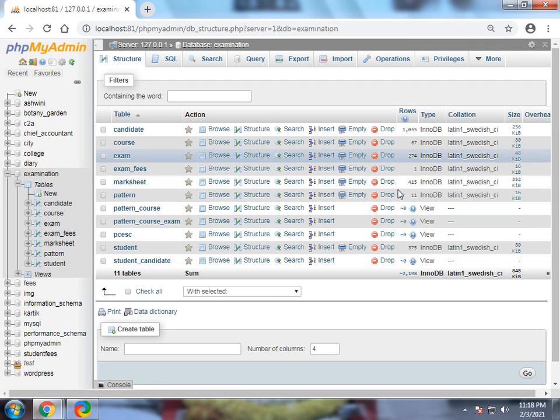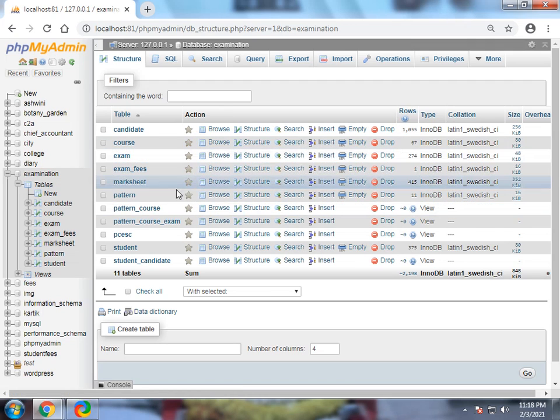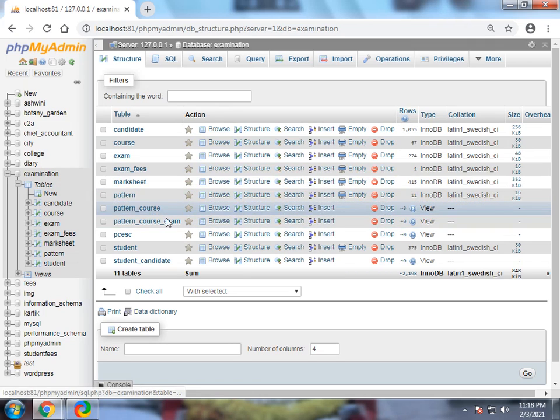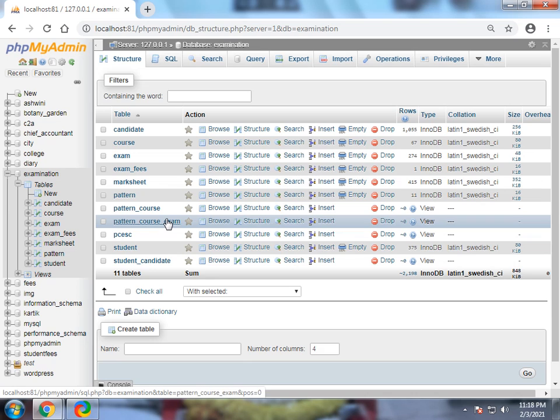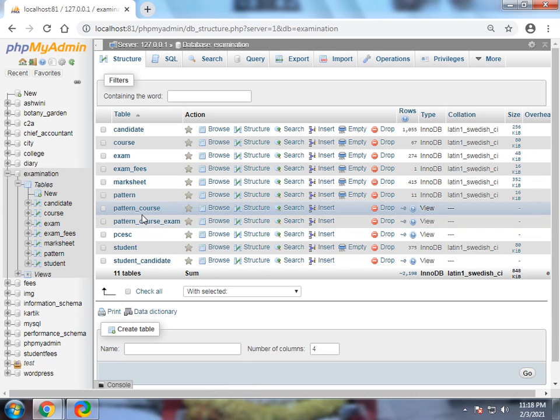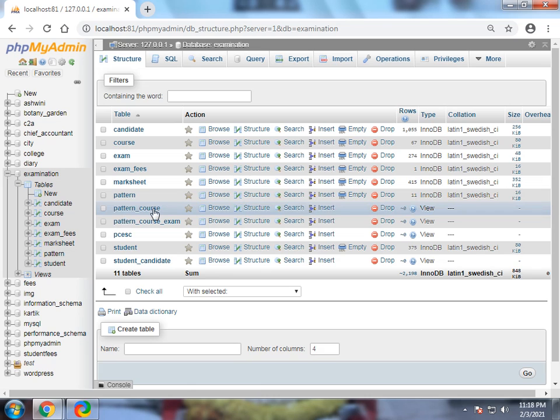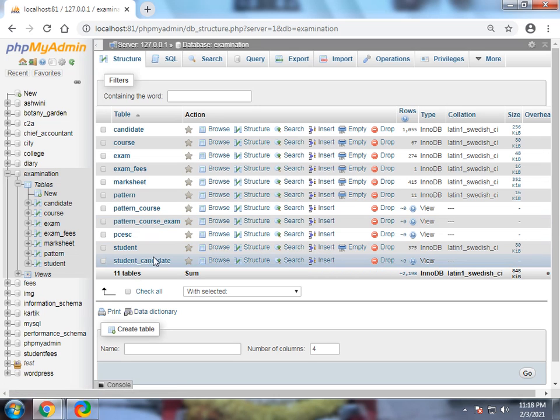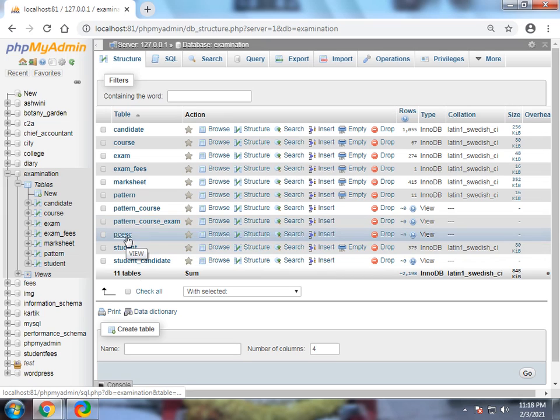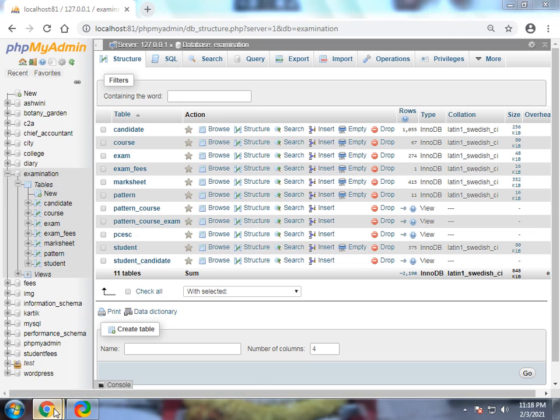So I put in this simple database design, and to avoid complex queries and to call all the data together, I made views, so operations become better and more effective, and performance becomes good. Pattern is a superset, so I combined the pattern, course, examination, student and candidate, and combined all the things in this one view. So let's begin with our front end and the logic.